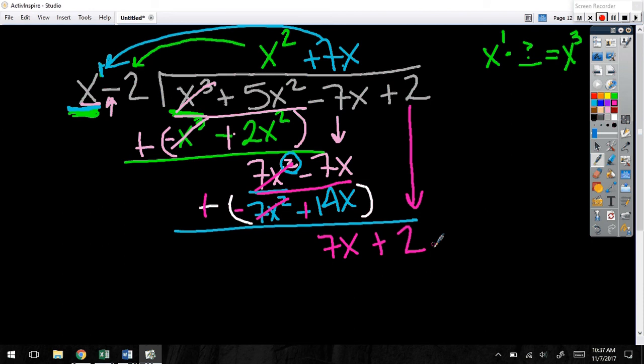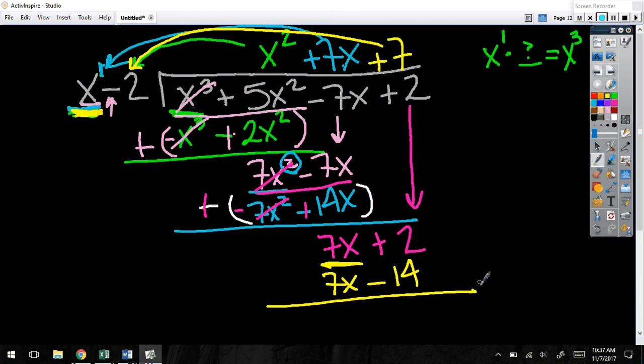Same thing again. What do I multiply this by to get this? 7. Yay for everybody answering in unison now. Not me. I got the answer. Multiply around. 7 times x is, 7 times negative 2 is